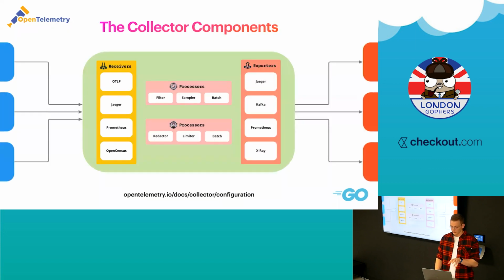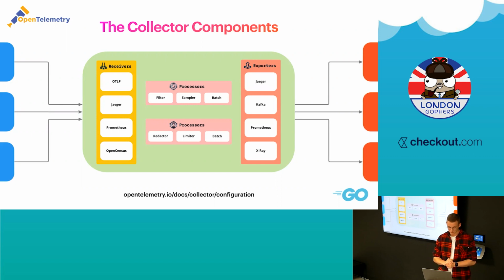Zooming in and looking inside, the collector is comprised of three major components. So the receivers on the left define the inbound format of data. What is the telemetry data that we're allowing the collector to receive? Define the port to receive data. So in our case, you've got the OpenTelemetry protocol, OTLP, but your services might also be instrumented to generate Jaeger, Prometheus, or maybe even older OpenCensus data. And the collector can receive that data. So you might just want to take your local agents that are running for those vendor-specific providers and run the collector instead, kind of a drop-in replacement,